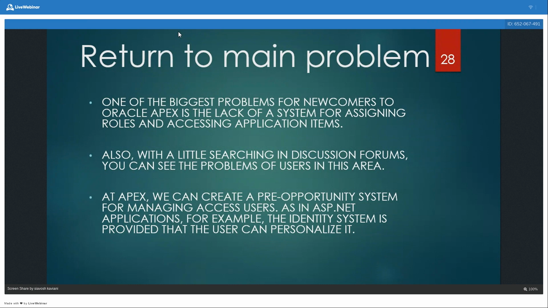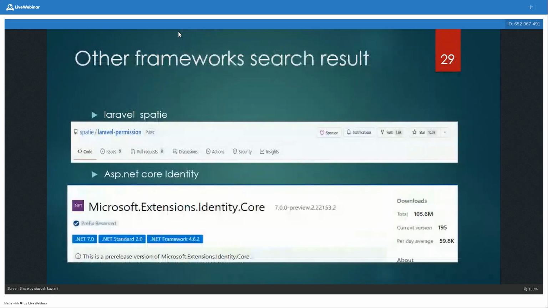What is the reason for this? I don't know, but this search shows us the evidence of the last pages. Role-level, look here,